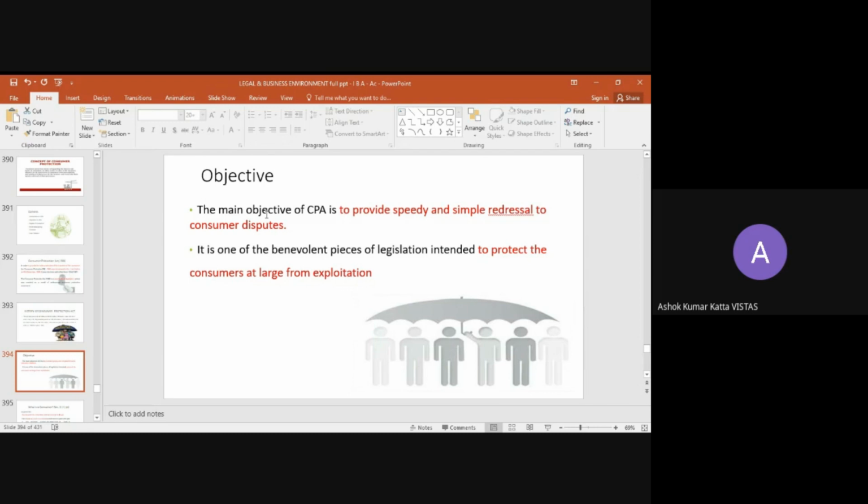In simple terms, with the help of the Consumer Protection Act, they want to settle the issues and misunderstandings between the selling company and the buyer. In simple terms, it is a redressal mechanism between consumers and sellers. So for the sake of that only, this consumer protection bill was passed. This Consumer Protection Act has given first priority to the safety and security of the buyer,